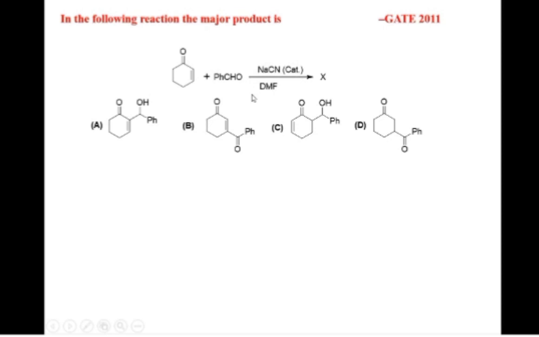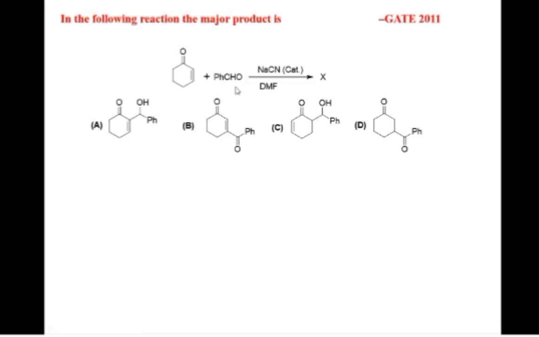This is the condition. If you take these two substrates, they will not react with each other directly, because there is a role of sodium cyanide over here. And if you don't know this particular reaction, then you are unable to solve this question. See, sodium cyanide is a mild nucleophile. There are two electrophilic centers: one is cyclohexenone and another one is benzaldehyde. And if you have studied the umpolung reaction